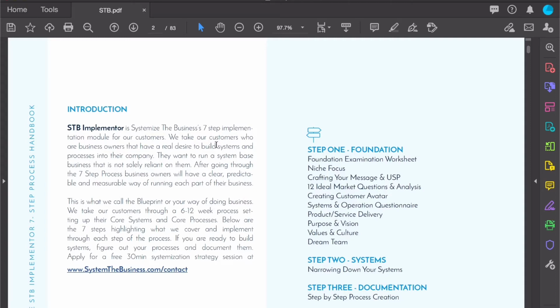We take our customers through a 6 to 12 week process, setting up their core systems and core processes. Below are the 7 steps highlighting what we cover and implement through each step of the process. If you are ready to build systems, figure out your processes and document them,